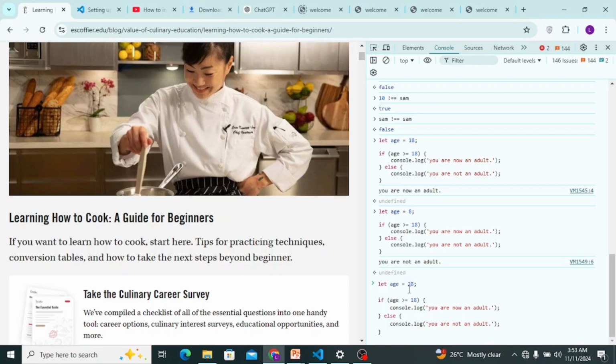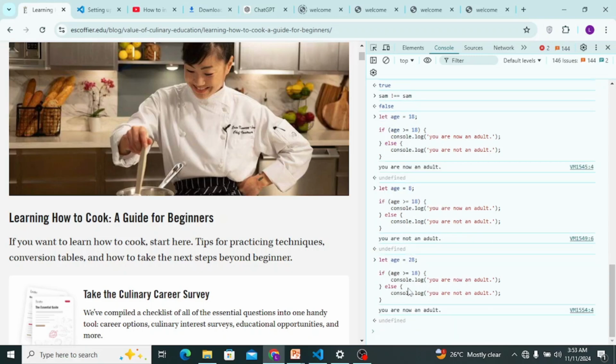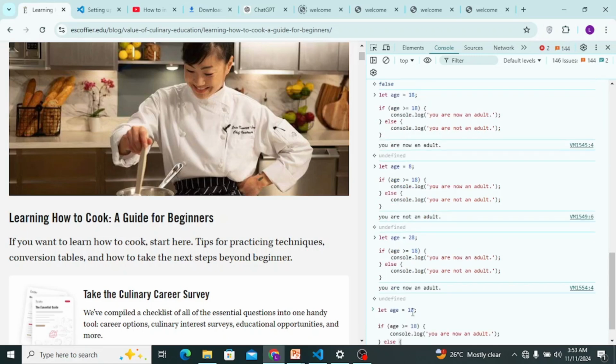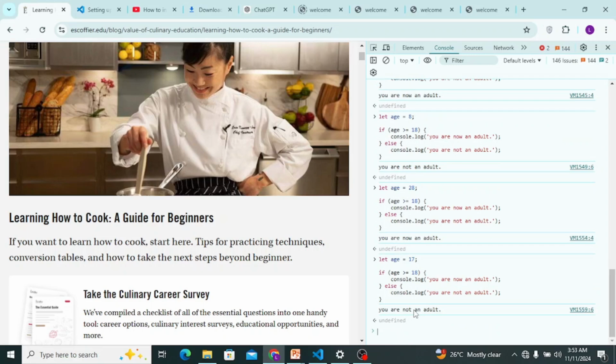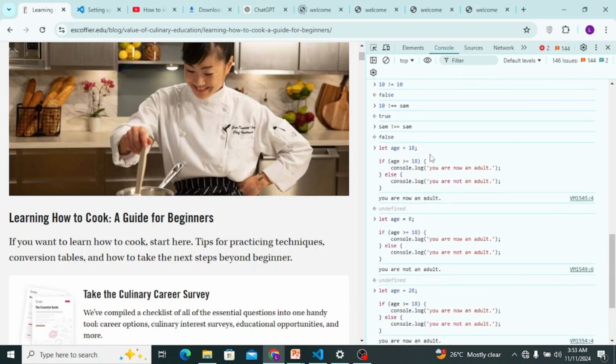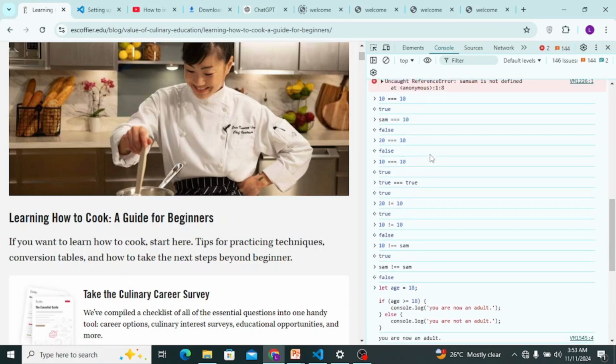So now 28 is greater than 18, right? If I press enter, it gives me you are now an adult. But if I put 17, which is just a digit lower than 18, it gives me you are not an adult, that you can see here. So guys, this is just a very simple example of how to apply all these different common comparison operators